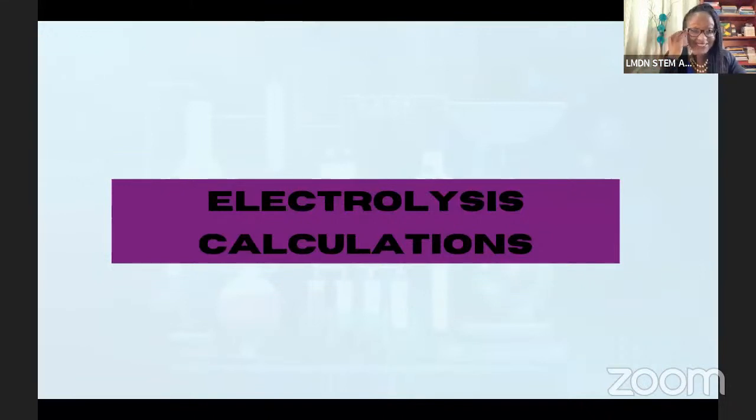And I think that if you have a good grasp of that for the most part, the other things you can fill in. So what we're going to do is see how far we can get in electrolysis calculations, and then next time, not next week, the 27th, we'll probably do more of these, because there are a wide variety of electrolysis calculations that you can get. So I'm going to spend the 27th doing that.